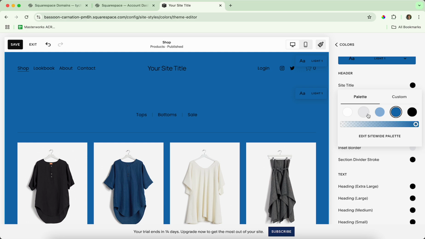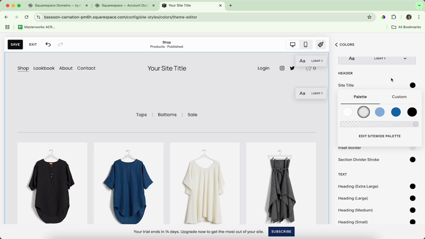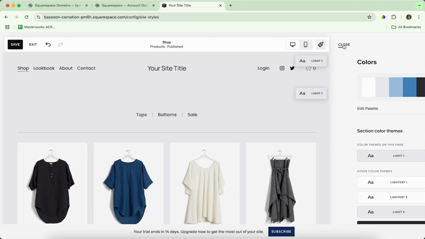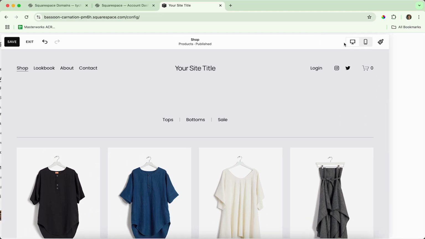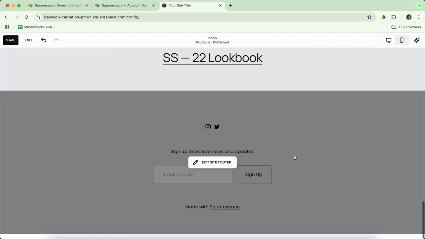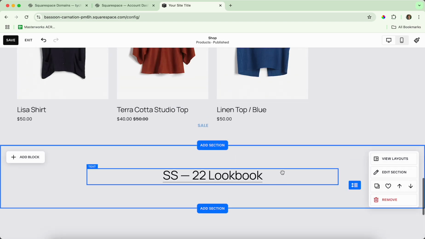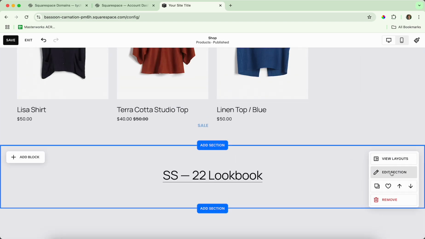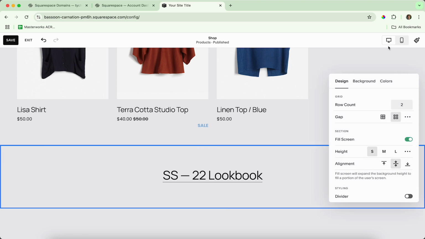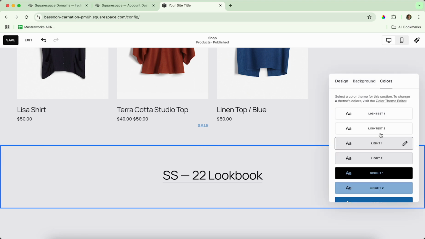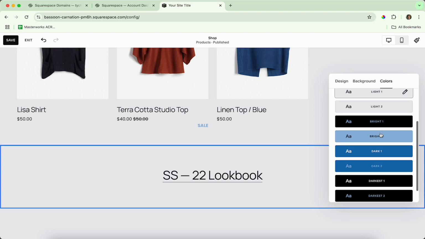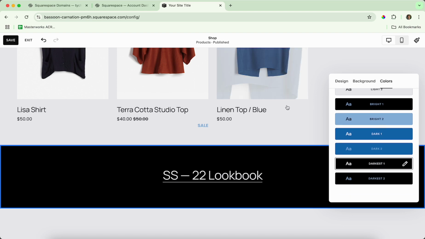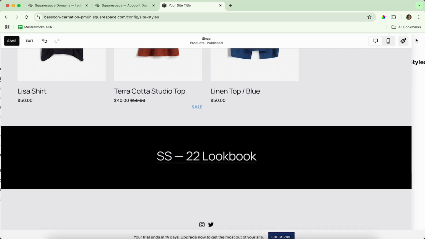I'm going to change this back to gray because the blue is pretty ugly, and I'm going to change one of the sections to a different color theme, and so you can see how you can use multiple color themes to make your site a little more dynamic. So go to the sections and click Edit Section, go to Colors, and then you can see all the themes you can select. I'm going to select Darkest 1,